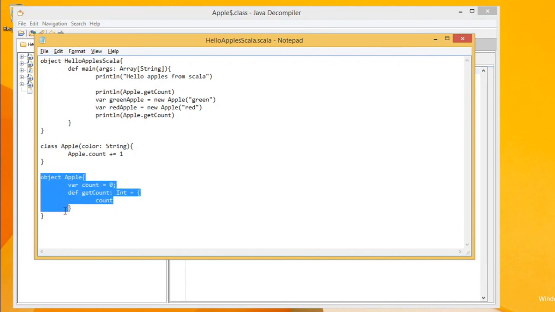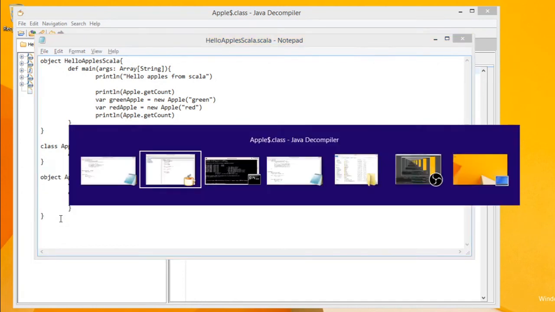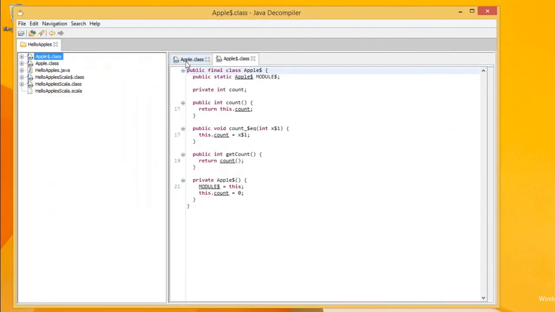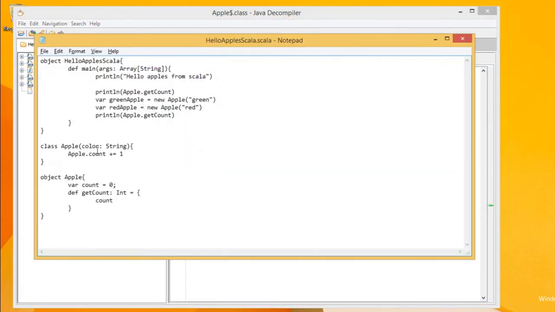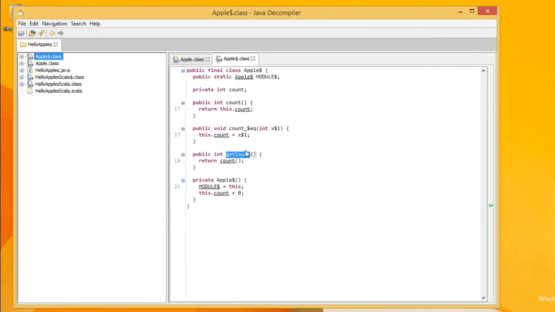The object things are there in this one which has a dollar. Let's see the get count. That is the one interesting here. Get count we have written in the object, so it's here, and it's a bit redundant because it has already given a count that is an accessor for this private int.